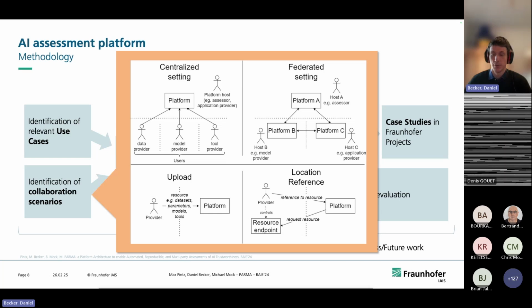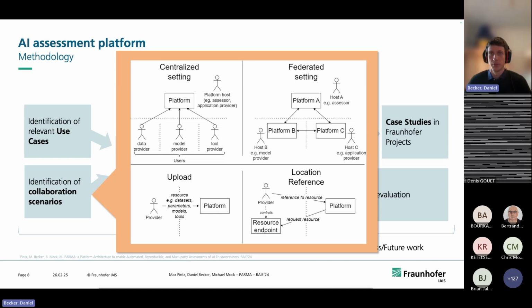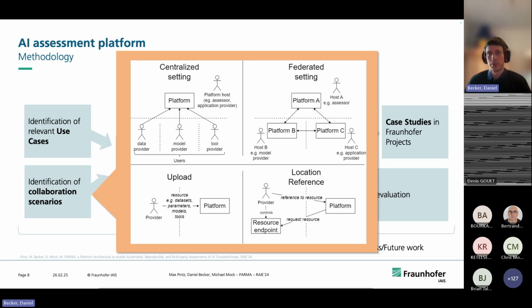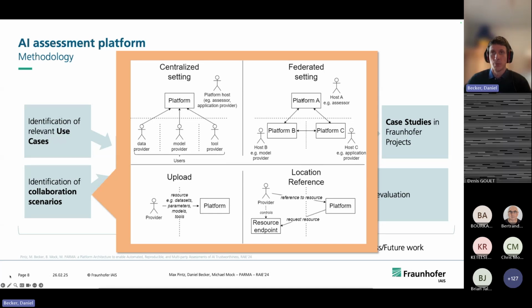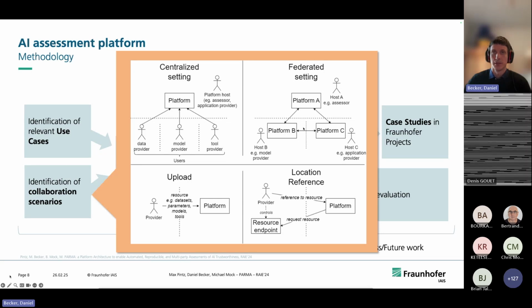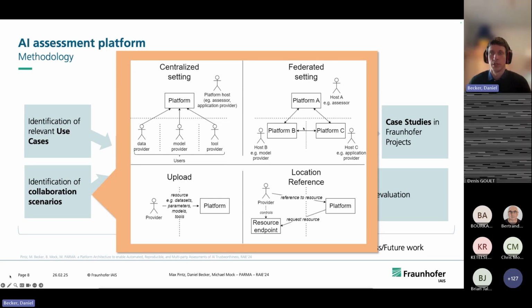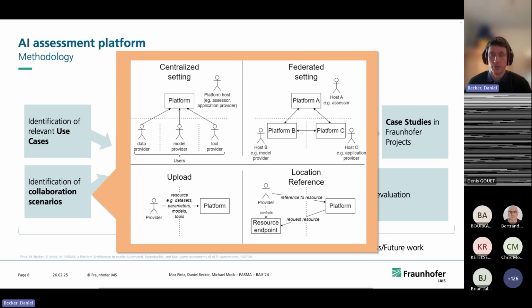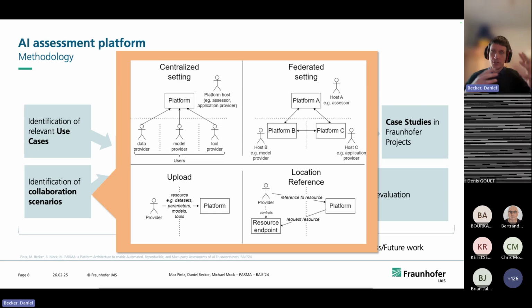For example, one model is just running on one platform instance and provides an endpoint for another platform instance that can then ask the model to do some inference and send the inference results back, so that the components of a test workflow can reside on different instances of the platform, but the whole overall workflow can still run on this federated set of platforms. So that would be one scenario that we could also see, in all mixtures between those.